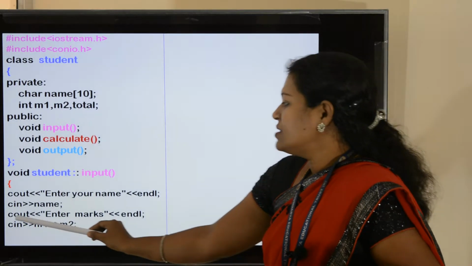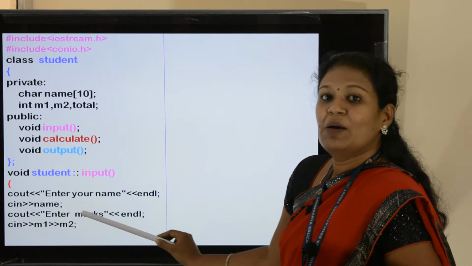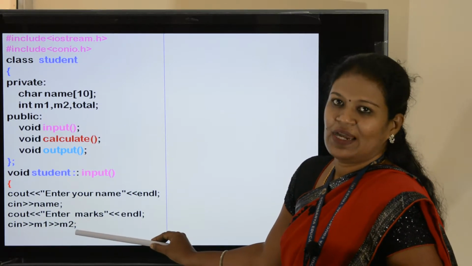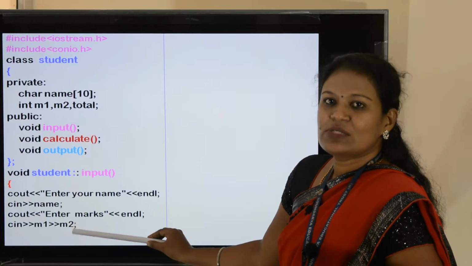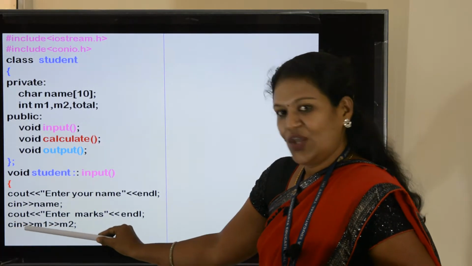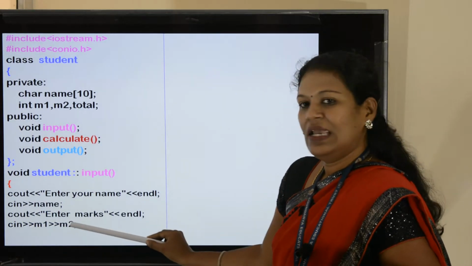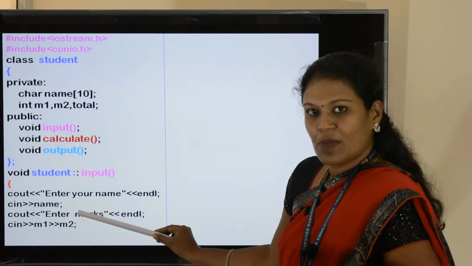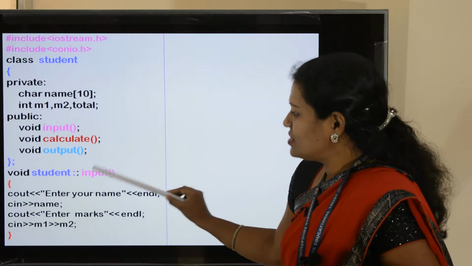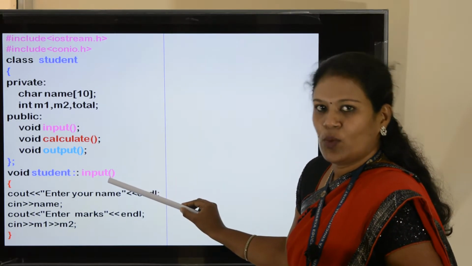Next cout enter marks. You can give enter marks or enter two subjects marks. Next, cin m1, m2. So two subject marks are now inputted. With this, the input function is over.